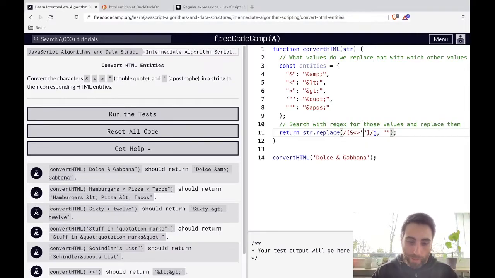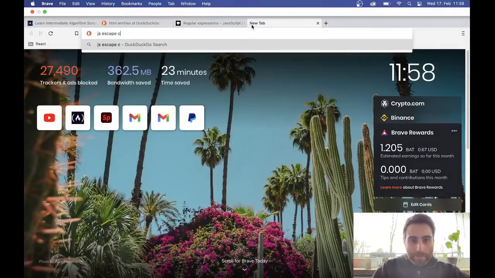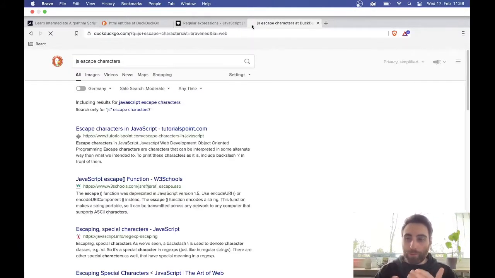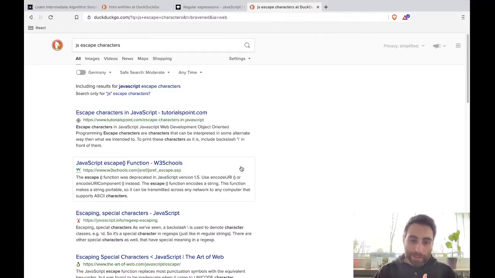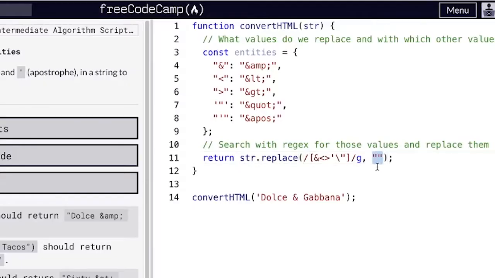But since quotation marks have to be escaped, JS escape characters, that's a concept in JavaScript, because otherwise they get interpreted as strings. So we're just gonna do backslash, like that. With a backslash, some special characters get escaped, so they are not interpreted as a string.